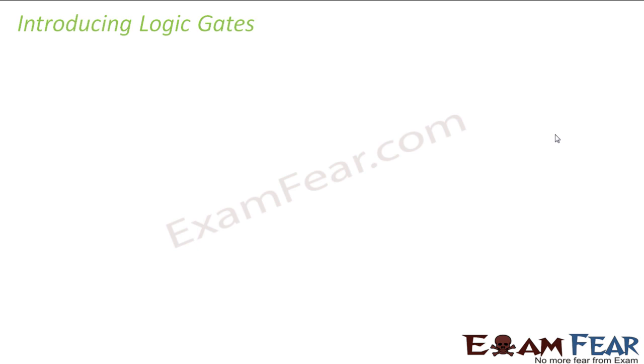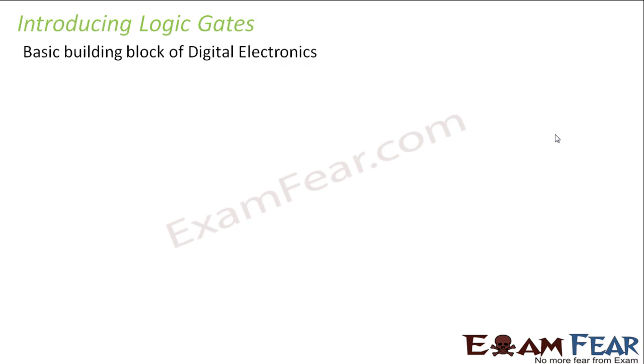So the basic building blocks of digital electronics are the logic gates. So what are logic gates? Logic gates are a kind of circuit which will tell you a specific pattern. That is why they are known as logic gates. They use a logical relationship between the input and the output. So they are nothing but digital circuits where, when you give some input, you get some specific output. What output you will get depends upon a logical relationship between the inputs, right? You will understand this as we go ahead.